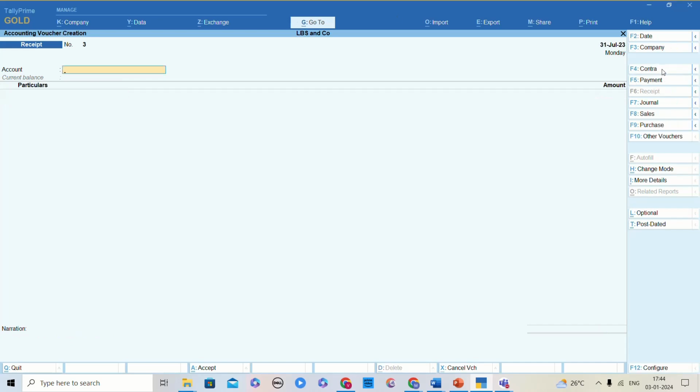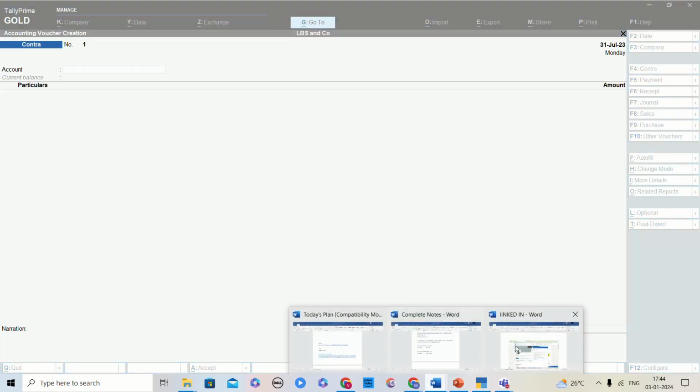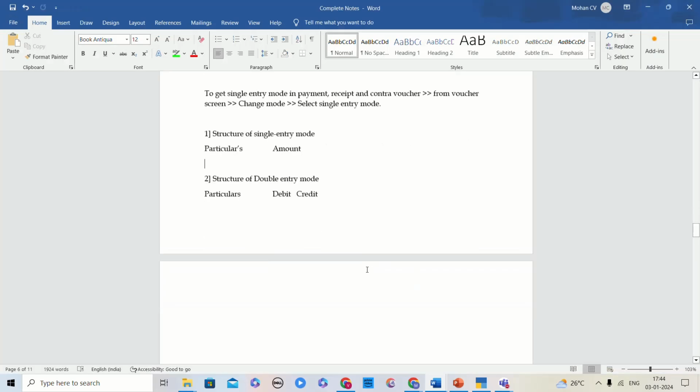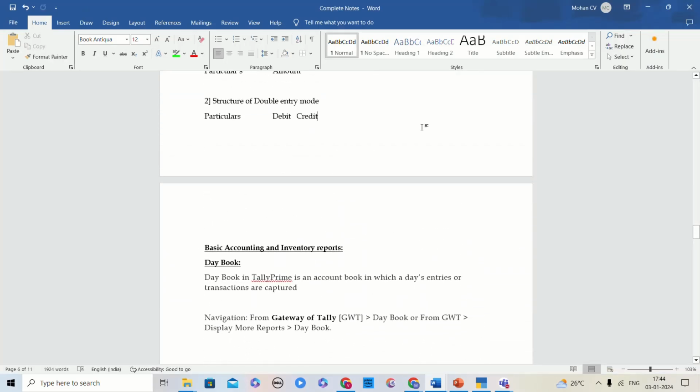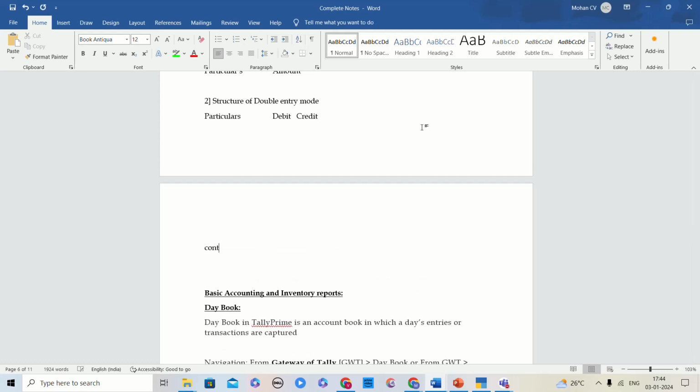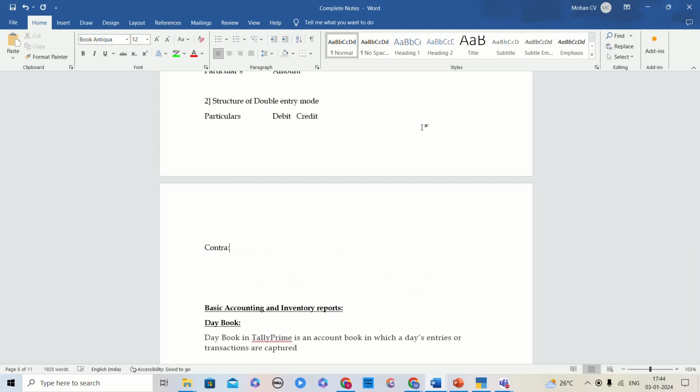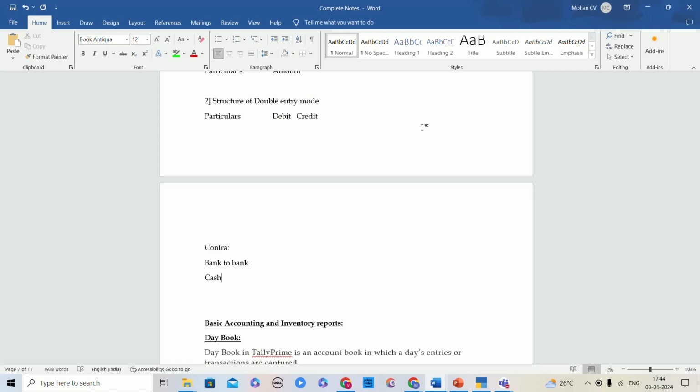So contra transactions, as I told you earlier. When a transaction takes place between two bank accounts or two cash accounts, or between a cash and a bank account, we'll record the contra entry. Let me show you an example. So we're talking about the contra, right? As I told you, the transaction may take place between two bank accounts, bank to bank, or cash to cash,